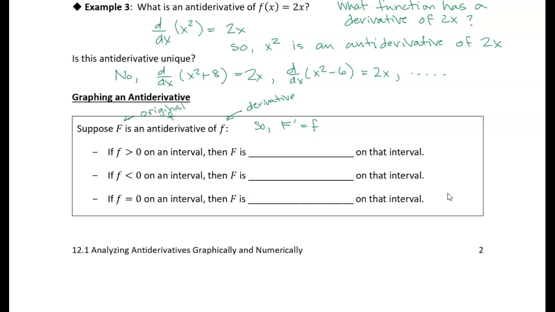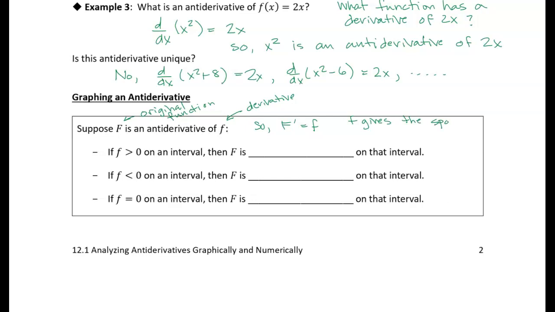That's not very mathematically rigorous notation, but I'm hoping to make this make sense to you. The derivative of capital F is lowercase f. So what that's telling us is that f, because it's the derivative, gives us the instantaneous rate of change of the capital F function. So I'm just going to write f gives the slope